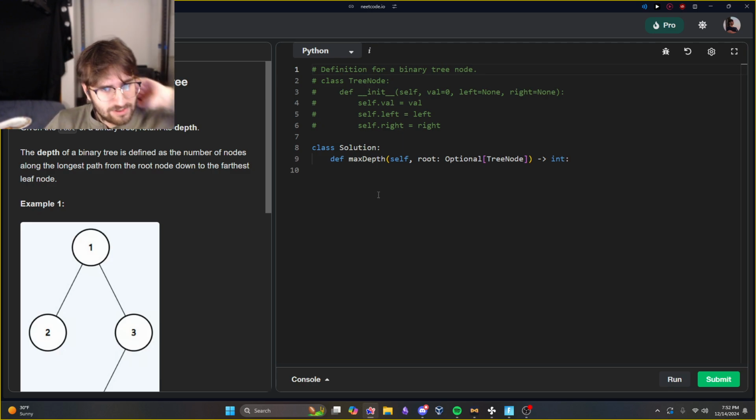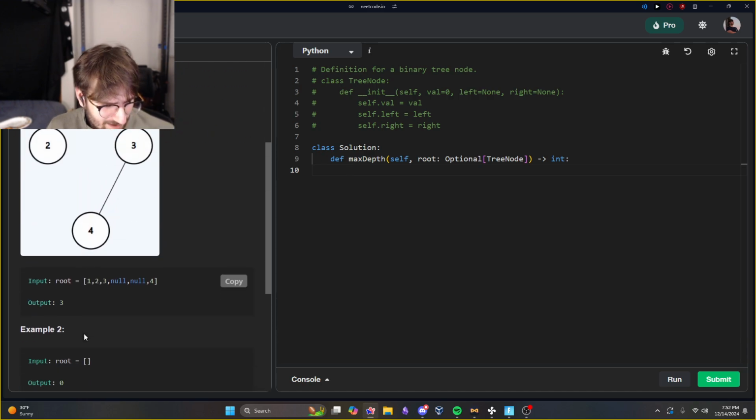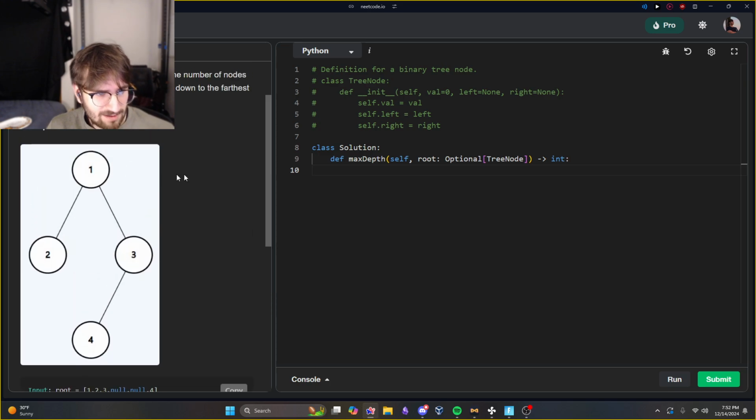Given the root of a binary tree, return its depth. That should be easy. So this is just a depth of 3? I always thought it always started at 0, but okay. So what is this? This is the depth first search, right? Oh, how do you do a DFS? I could do the exact same thing I did last time. Like find depth, pass through node, right? And then take that node and just say,